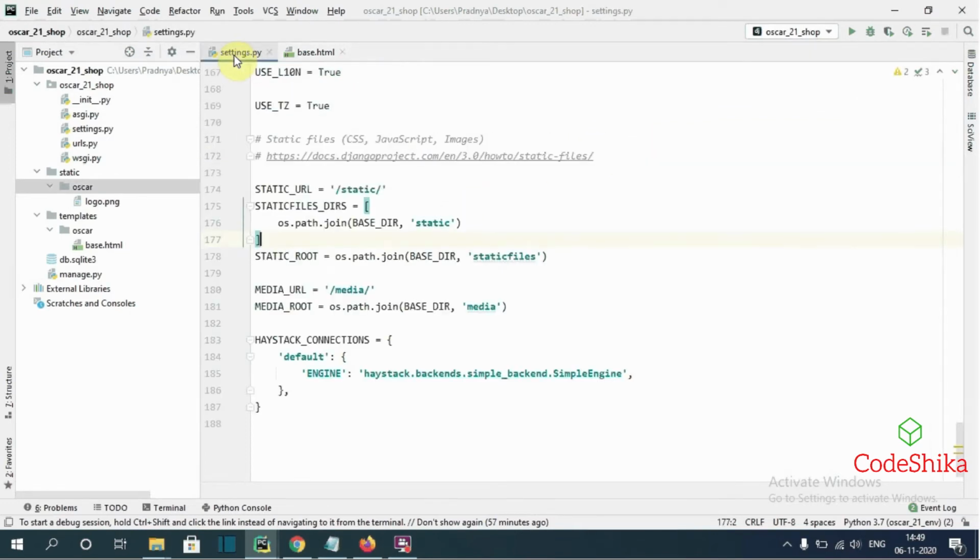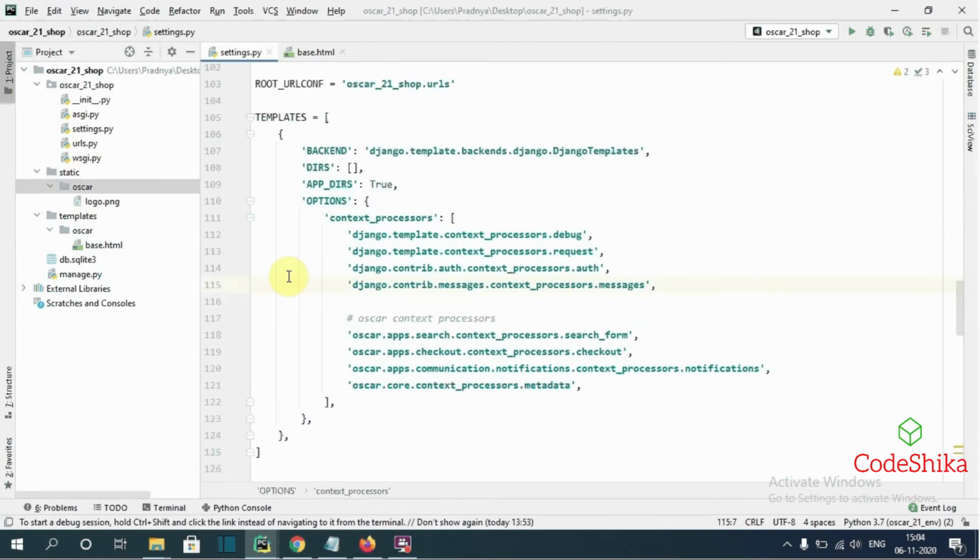So for static files you should have configured static URL, static file directories and static root settings. In the static file directories setting I have specified this static directory for static files for our project. So next, to look up our templates directory, we have to specify this template path in our template setting.